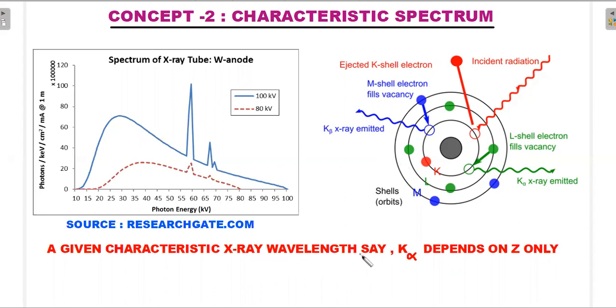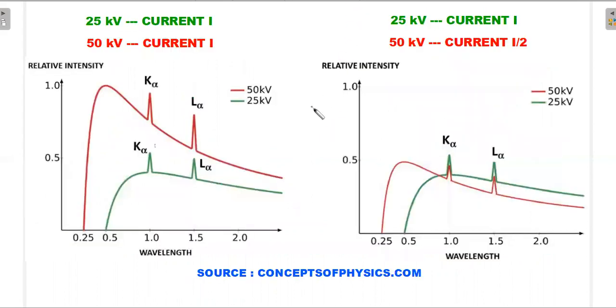So for a given characteristic X-ray wavelength, the value of K alpha depends on which metal target you are taking, because these energy differences are just characteristic of this particular atom. So if you take tungsten and change voltages, your wavelength associated with K alpha doesn't change. Yes, intensity associated with them might change, like I discussed in the concept number 1 slide, but the value of that wavelength is not going to change. So this is something that you need to keep in mind. Okay, right. Now let's move on to some of the options that he has given, and try to recollect the question. He talks about the voltage being doubled and current being halved.